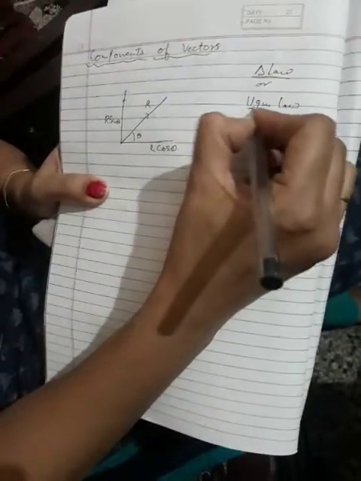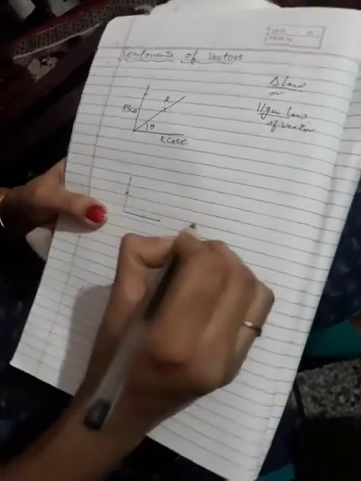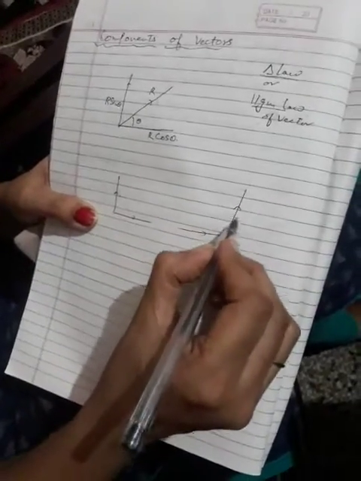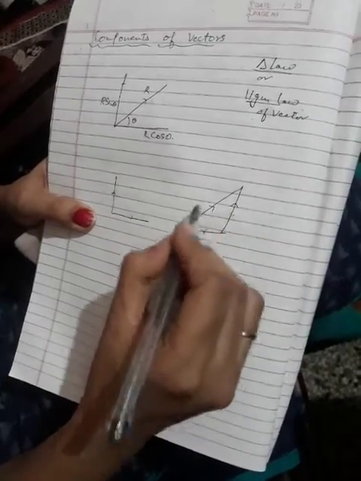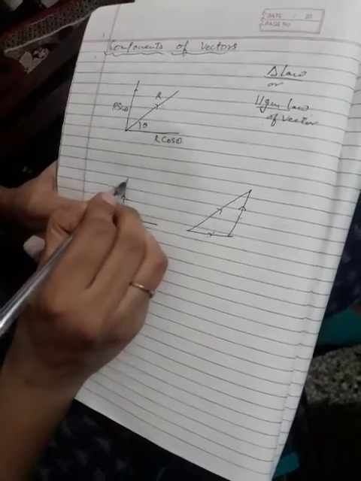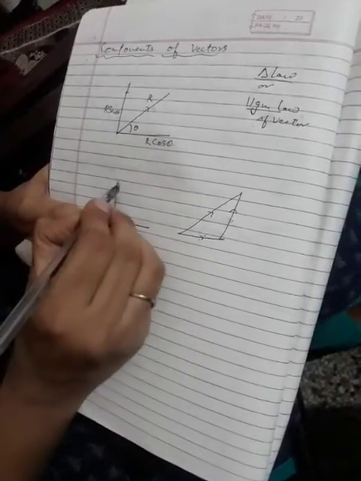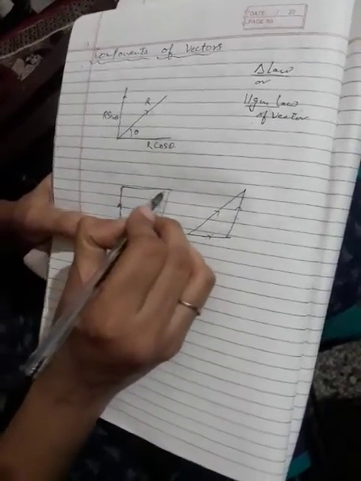In the triangle or parallelogram law, if we have two vectors in the same order, then the resultant of these two vectors will be taken as the third side of the triangle taken in the opposite order. And what was the parallelogram law? If the two vectors are taken as the two sides of the parallelogram, then the resultant is the diagonal passing